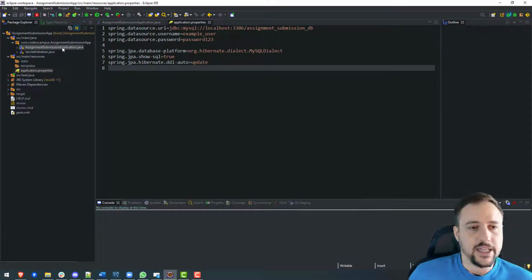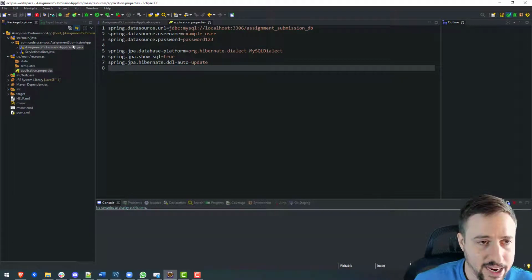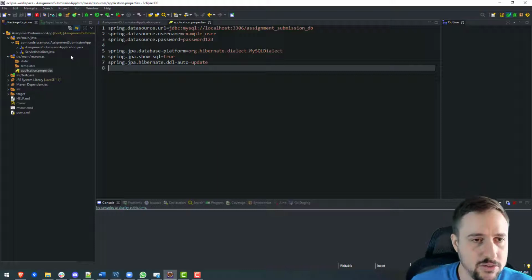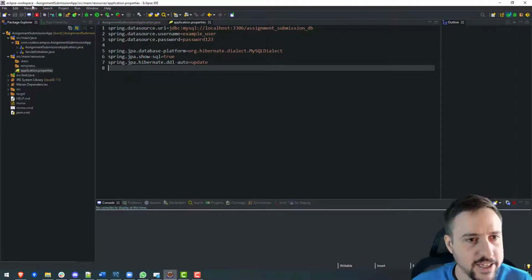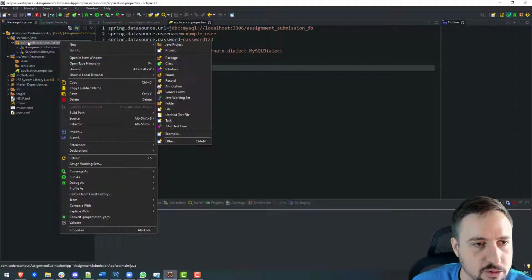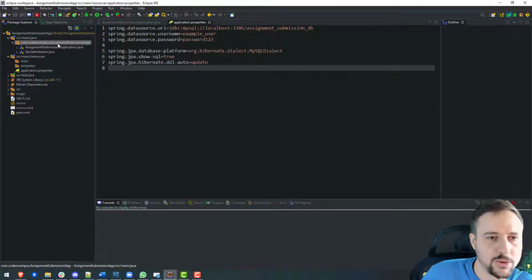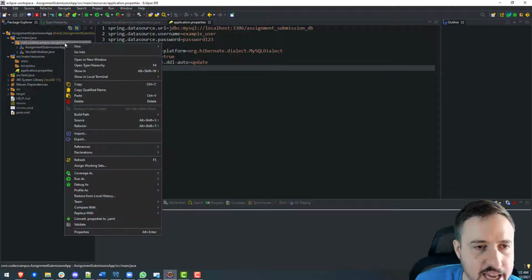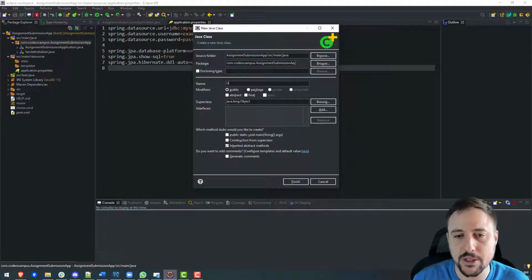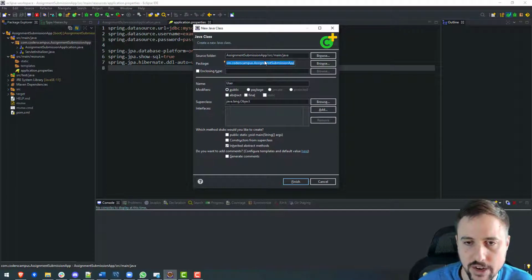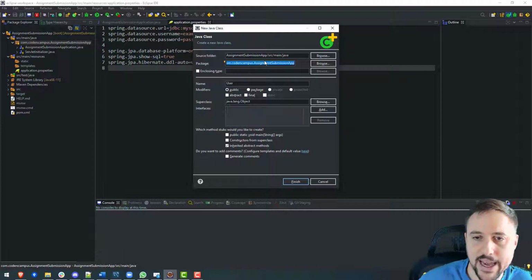So let's dive into how to map that out, a one-to-many relationship between user and assignment, as well as creating the user and assignment objects. All right, so how we do that is I like to right-click on the actual package here to say new class. The first class will be the user class, and I want to put it into a different package rather than the one here. When I right-clicked on the package, it pre-fills the package name,